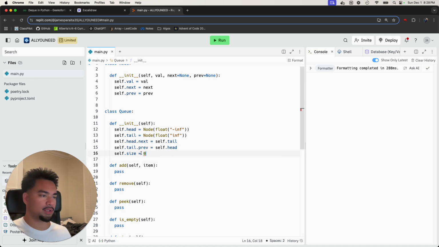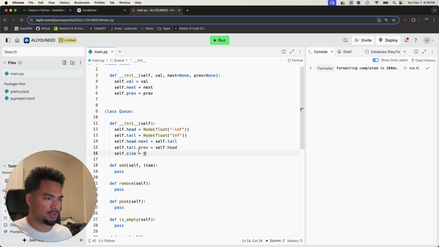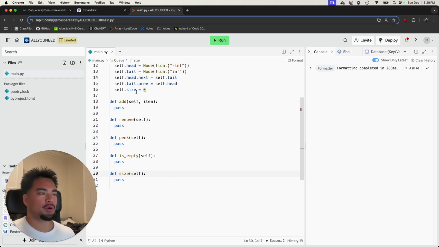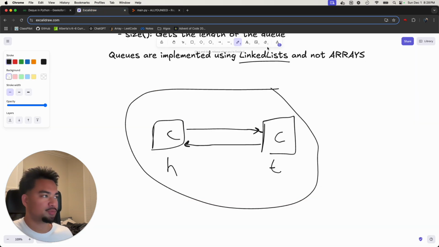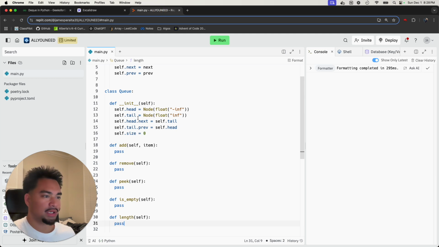I don't know what it's complaining about. Cannot assign member size for type queue. Oh, just say length. So what we essentially did is create this empty queue, and now we want to add an